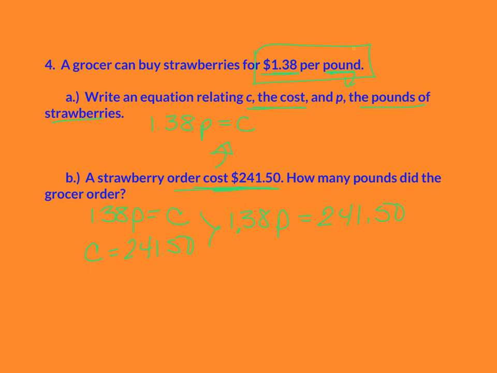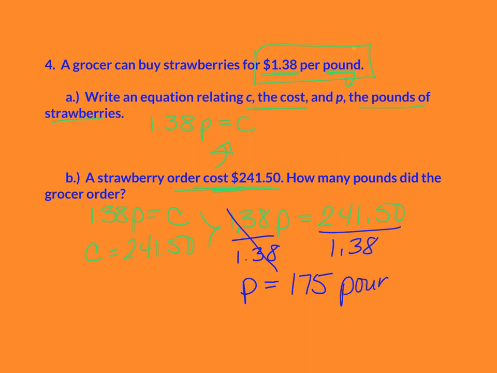I know that the number next to the variable means it's being multiplied, so I'm simply going to divide both sides by that number, which is 1.38. These two cancel. I'm left with P equals, grab that calculator, and you should get 175, and that's 175 pounds